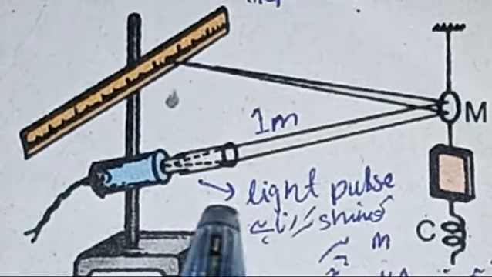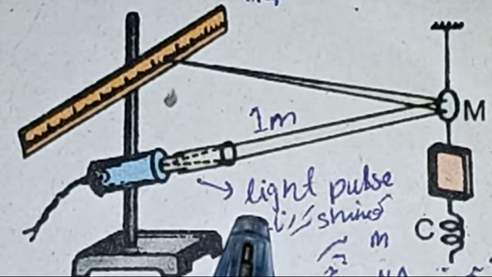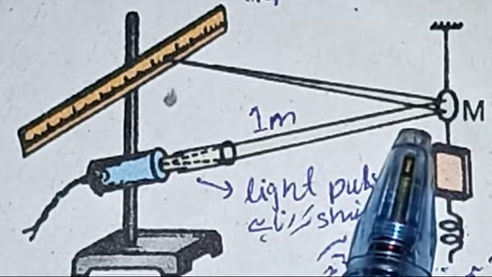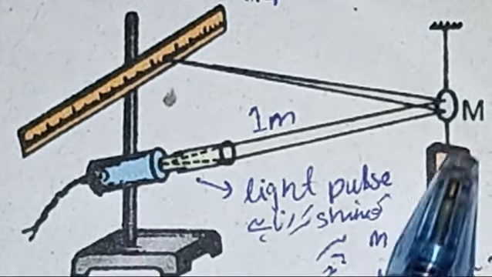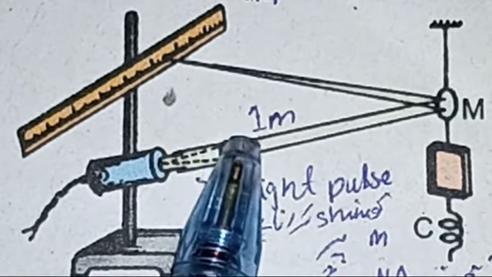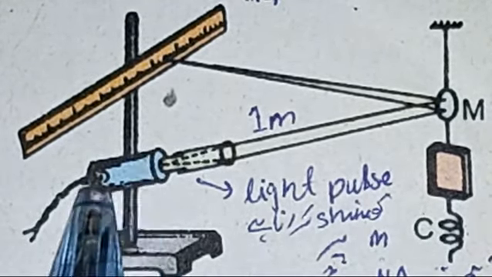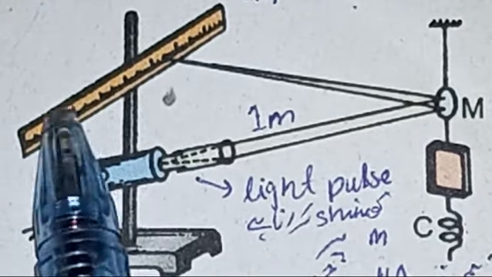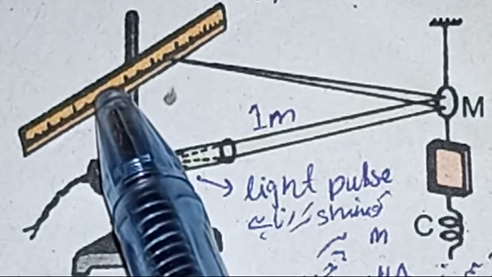Dear students, there is a diagram in front of you. Always remember there are two methods commonly used for observing the angle of deflection of the coil. This arranged apparatus method is known as lamp and scale arrangement. Lamp and scale arrangement. This one is a scale. This is scale. Lamp and scale arrangement.